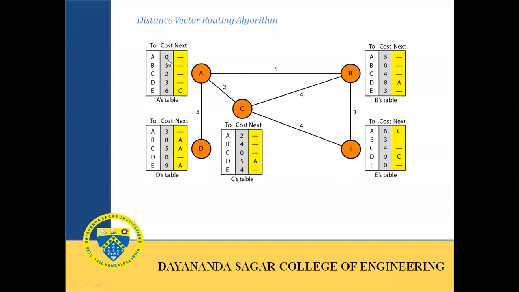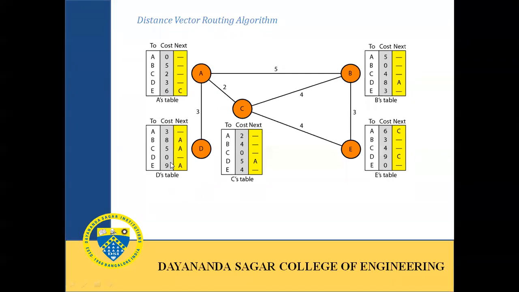And in its table, it maintains 0 for its own node. Because the distance is 0 for its own node. And for all other nodes, there is some amount of distance. Similarly, for the B table also. Now, B can reach A, C, and E using this much path. But it cannot reach the D node. There is no direct path. So it makes use of the help of A node. So the distance is 5 plus 3, that is 8.